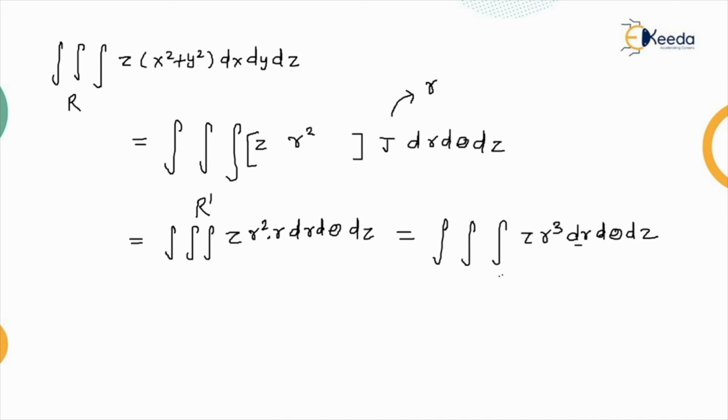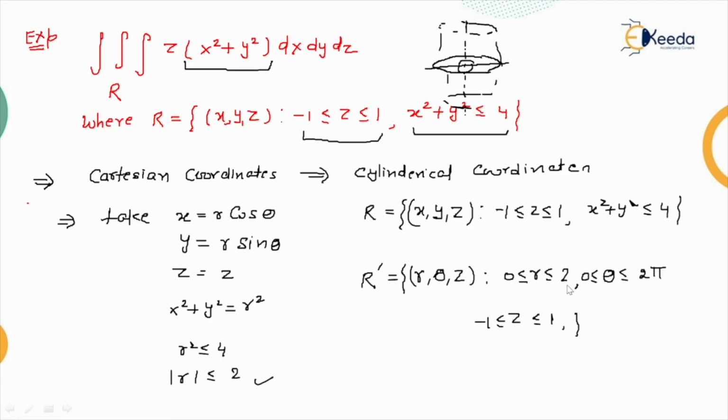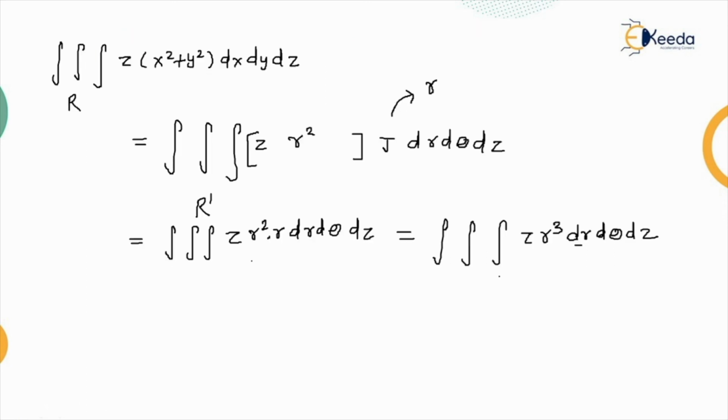Now, first come first serve. So dr is there, so it means we have to write the limit of r. So what was the limit of r? We found r will move from 0 to 2, theta from 0 to 2 pi, and z was -1 to 1. So I will just substitute all the limits here. First, r will be from 0 to 2, theta from 0 to 2 pi, and z from -1 to 1. So all the limits you will substitute here. Now it's time to find the integration. Everybody knows how we can find the integration, so easily you can perform it, and the answer will be equal to 0.